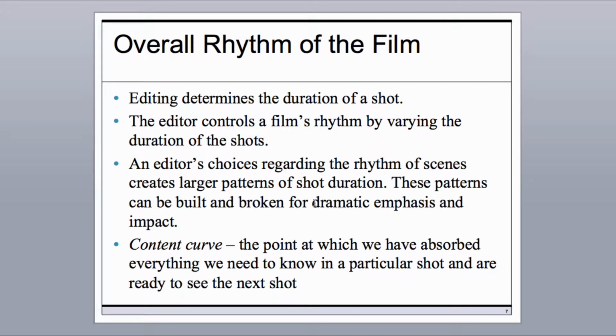The rhythm of the scenes creates larger patterns of shot duration, and these can be built up or broken down for dramatic emphasis and impact in the movie. So, content curve. The content curve is the point at which we have absorbed everything we need to know in a particular shot, and we're ready to see the next shot. Some can happen very quickly. Others need to create suspense, so they draw out the shot, and the content curve becomes longer,